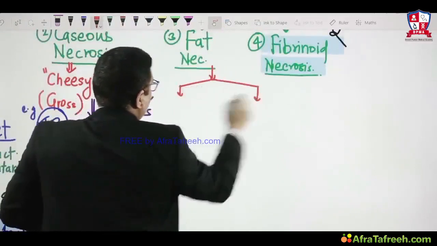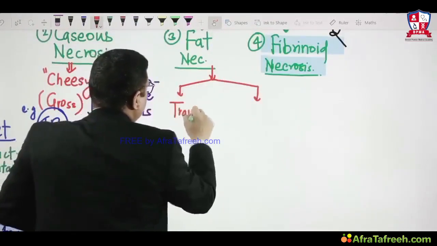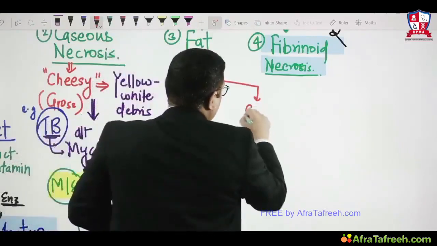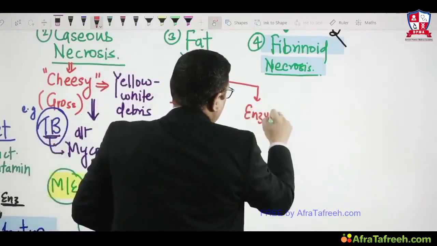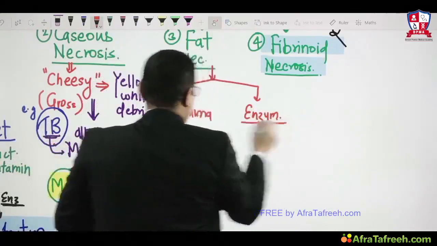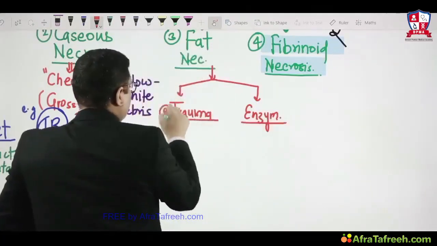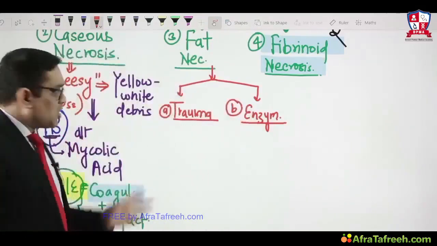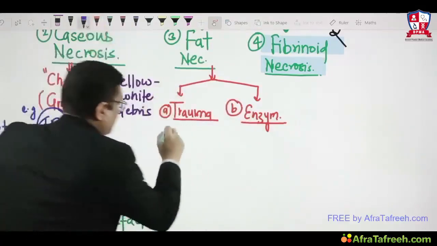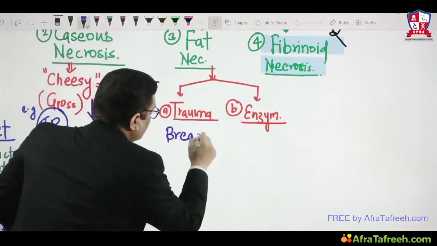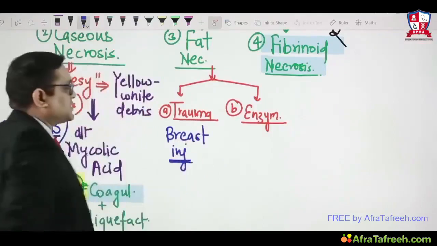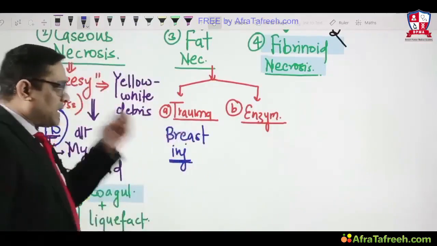Fat necrosis can be of two types. Maybe because of the trauma, or it may be because of enzymatic activity. Trauma example will be simple, breast tissue. So whenever there is a breast trauma, whenever we are seeing a case of breast injury, you will notice there is a fat necrosis. Or enzymatic: